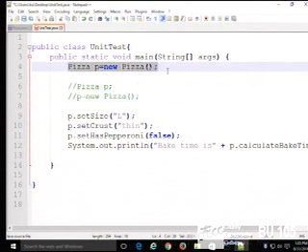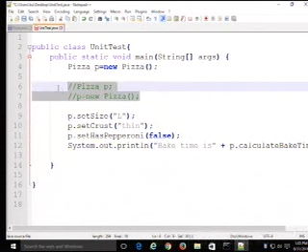So this line is the equivalent of these two lines. Okay? So let's look at these two lines first, and then this will just be pushing those two things together. What does Pizza p say?